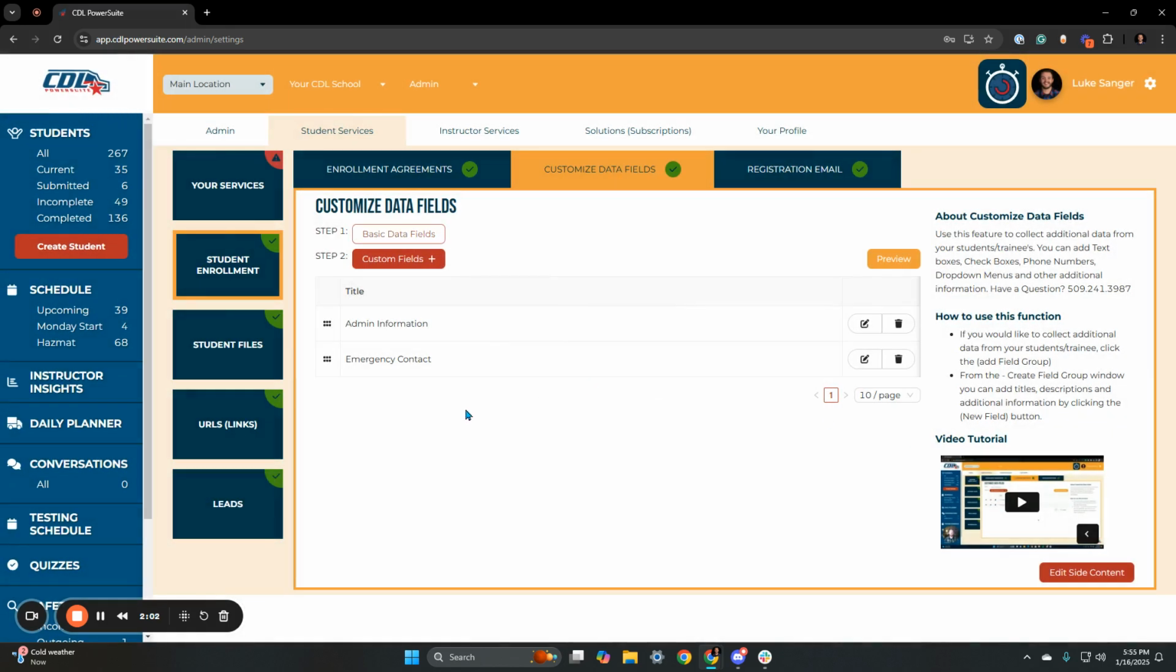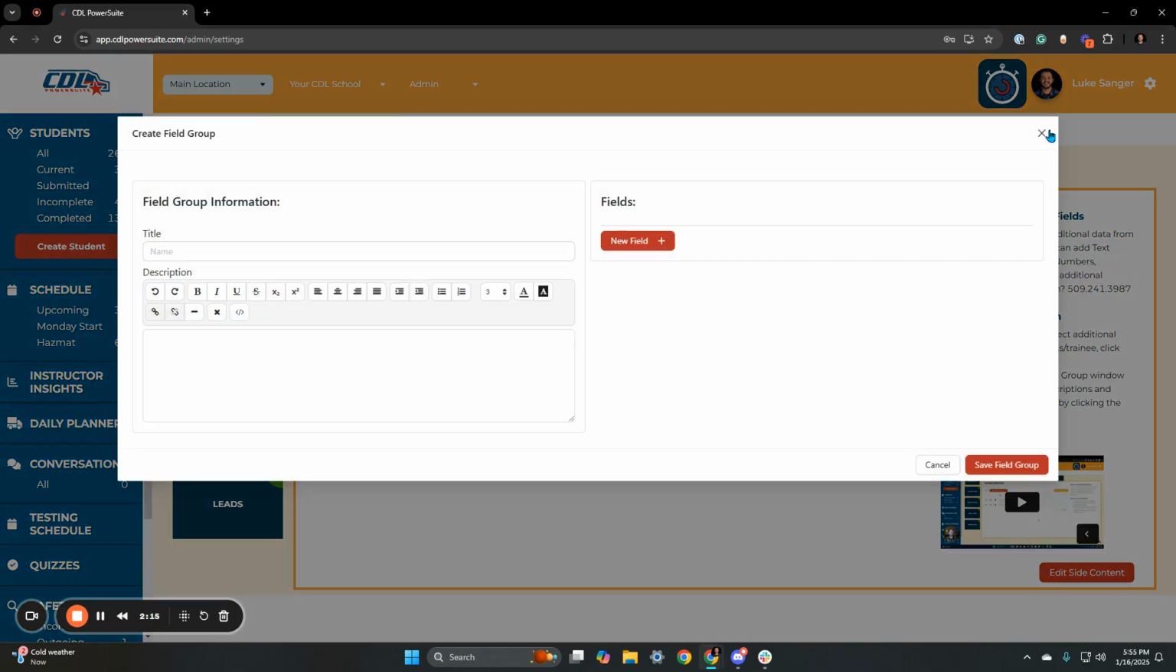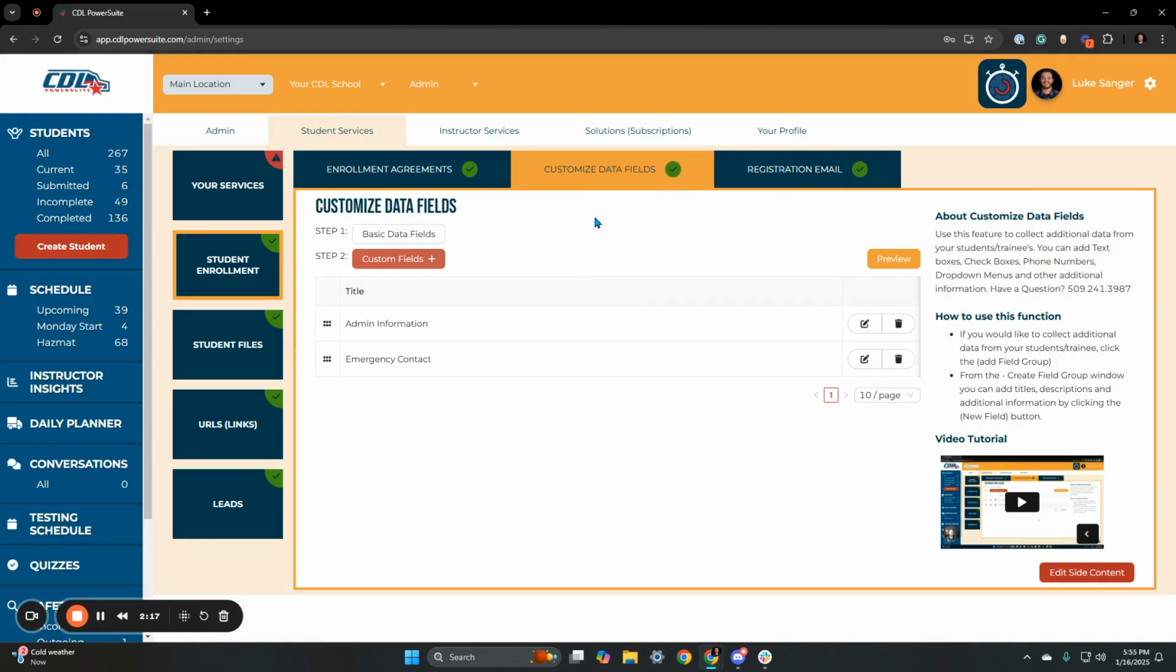On top of that, we also have the capability to customize data fields as well if you need to collect additional information on top of what is already provided within CDL PowerSuite. This feature allows you to create custom fields for whatever information you are needing to collect, because we know that different states have different regulations in terms of what you are supposed to collect from your students. We wanted to make sure that this feature was all encompassing and everyone could collect all of the information that